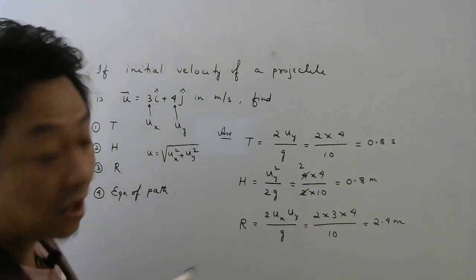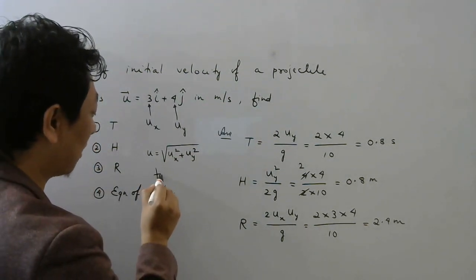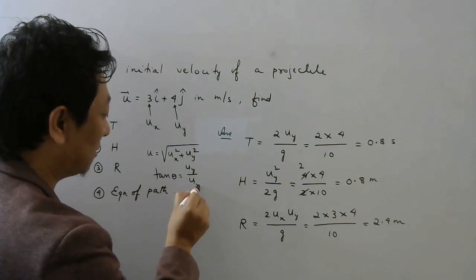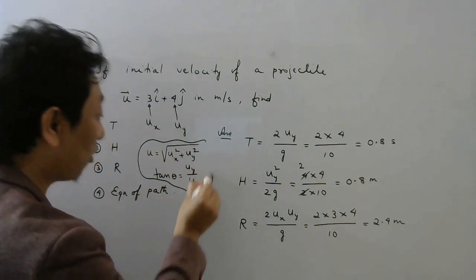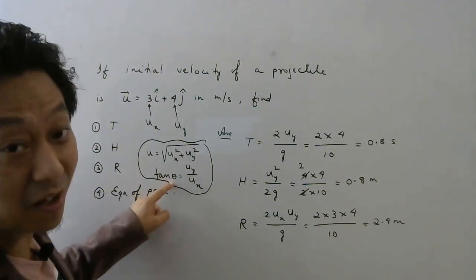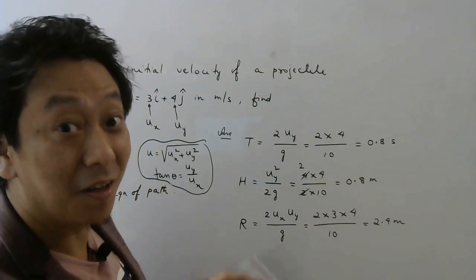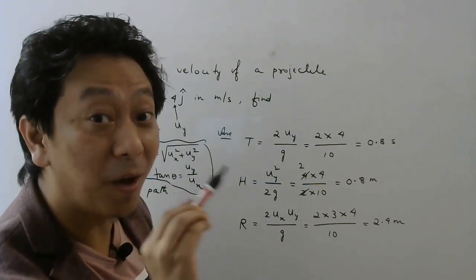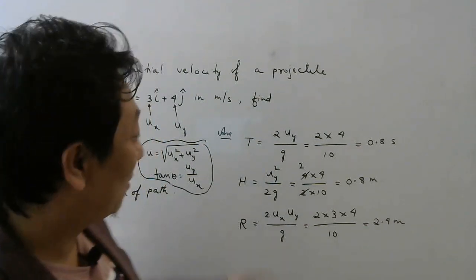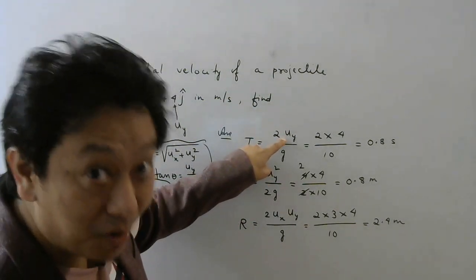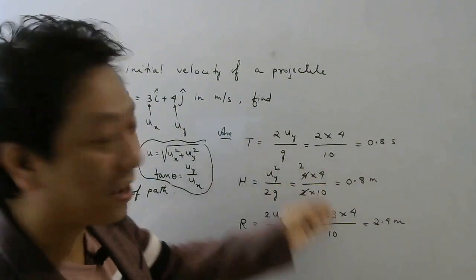First, you have to find u. After finding u, you have to find theta using this formula. Tan theta is uy by ux, isn't it? So using these two formulas, you have to find u and theta. After finding u and theta, you have to calculate this three if you use the formula of u and theta. But if you can remember these three formulas in terms of components of initial velocity, then we can